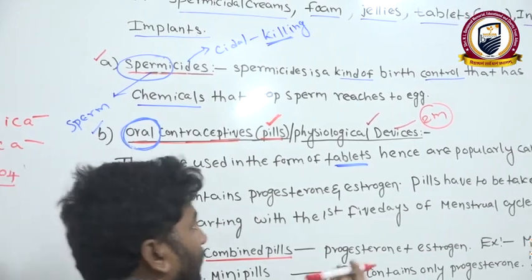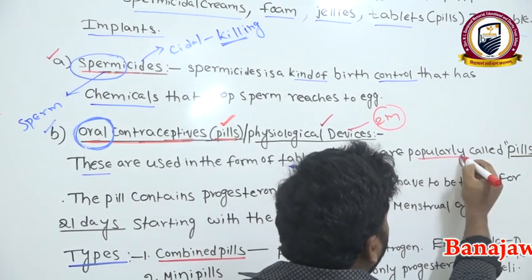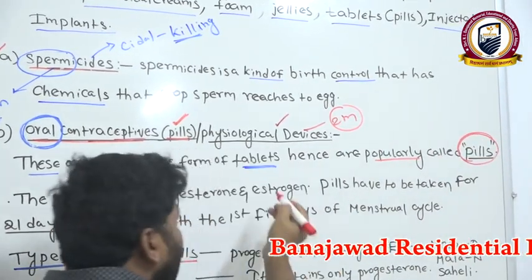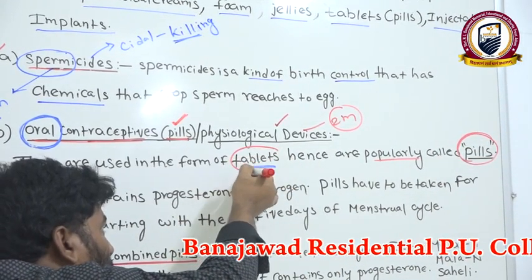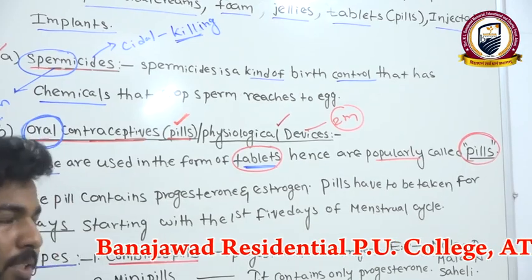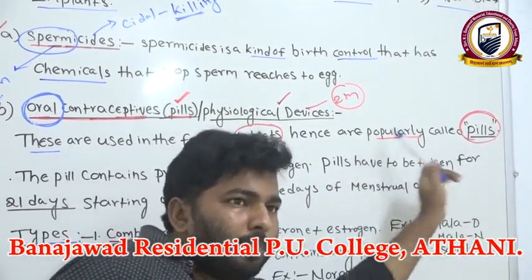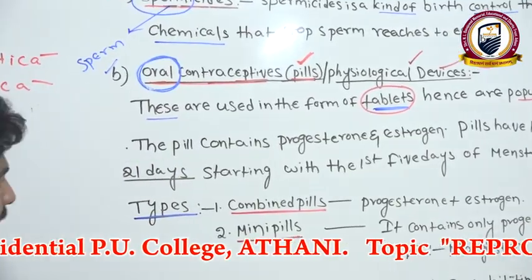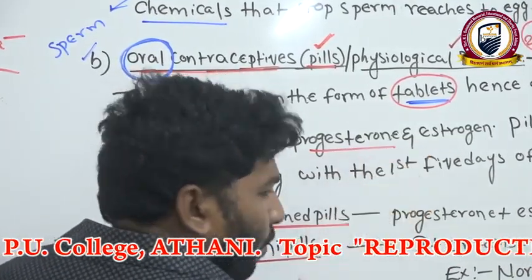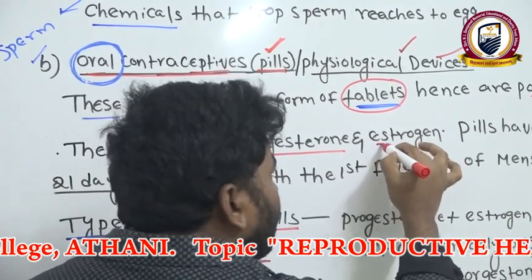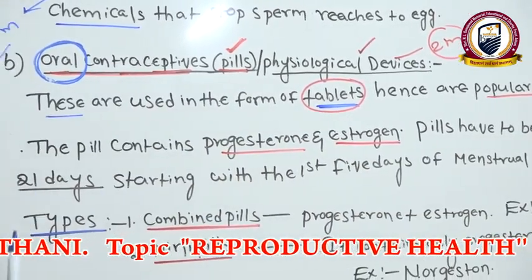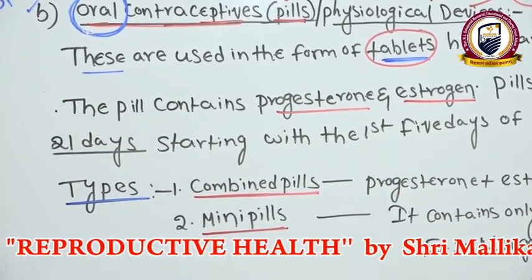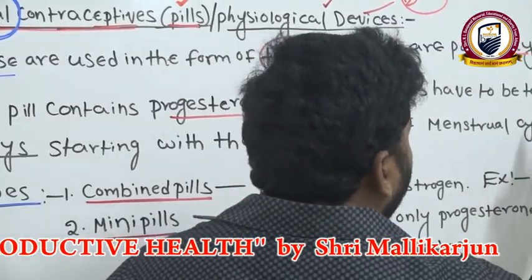So hence they are popularly called pills. Why are they called pills? Because they are used in the form of tablets. So we call them pills. Clear? Now the next one: the pills contain progesterone hormone and estrogen hormone. Pills have to be taken for